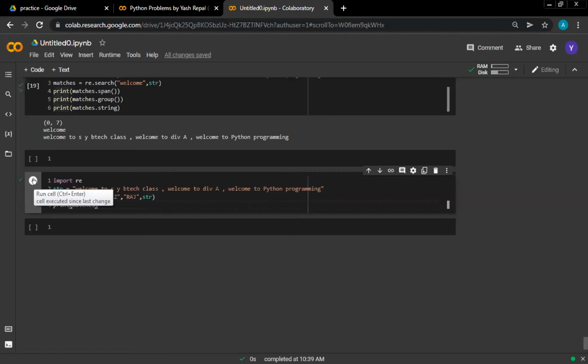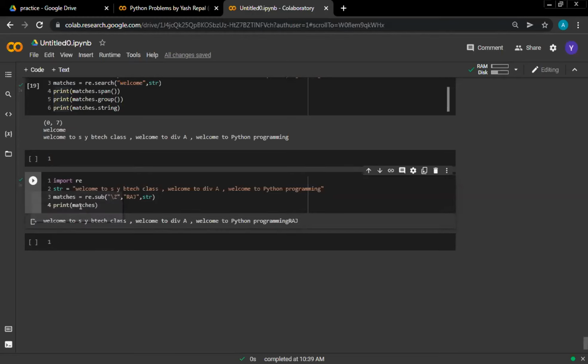Ma'am, I have used /z and passed it as an attribute. One minute, yes, you have to execute your program. I have passed Raj, and it will come at the last of the whole stream. Okay. So all of you see. And ma'am, with /z, if I use a capital A, it will come at the first. Yes, here. So all of you see the output. It will be correct.